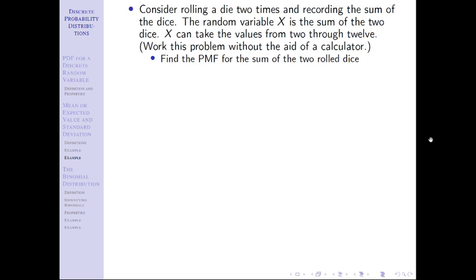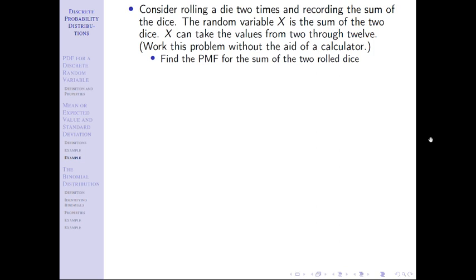If not, I'm going to keep talking through them, but you could figure the rest of this out on your own. It's just going through the same thing over and over again. How many ways can we get a 5? We can get 1, 4, 4, 1, 2, 3, 3, 2. How many ways can I get a 6? Let's say 1, 5, 5, 1, 4, 2, 2, 4, 3, 3. There's 5 different ways. How many ways can you get a 7? Say 1, 6, 6, 1, 2, 5, 5, 2, 4, 3, 3, 4.